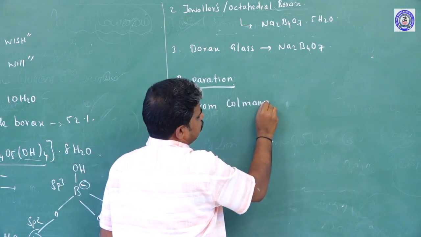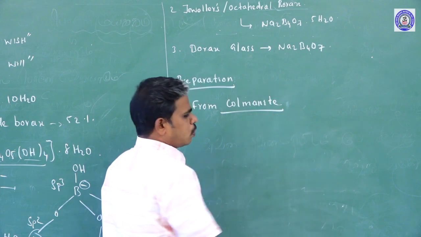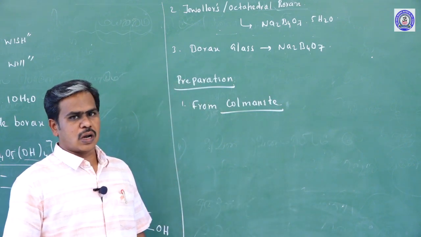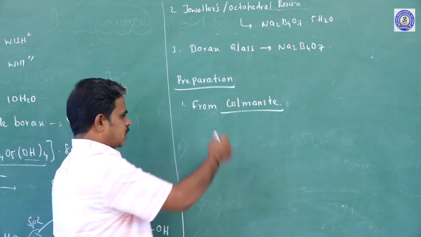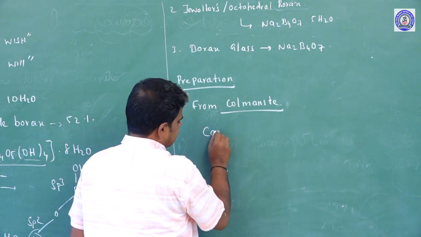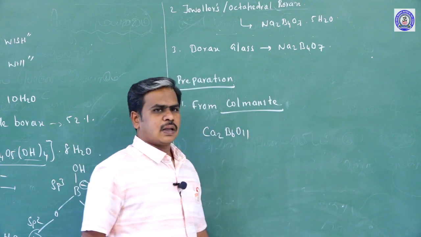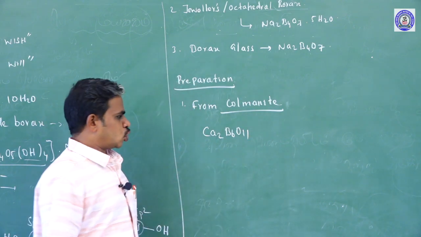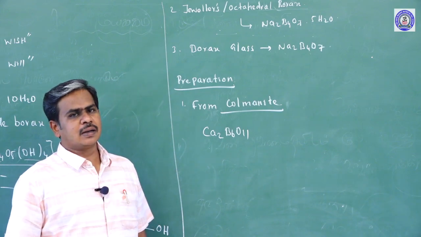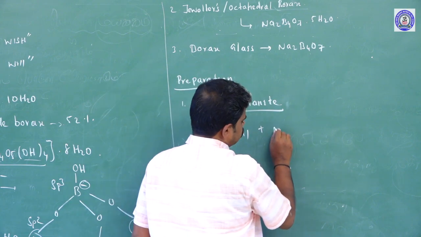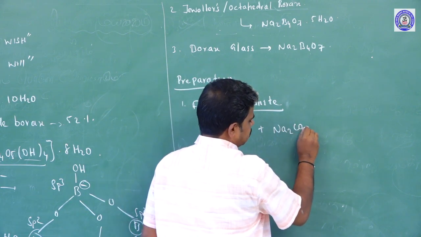What is colemanite? It is the ore of boron. The formula for colemanite is Ca2B6O11. Colemanite is treated with